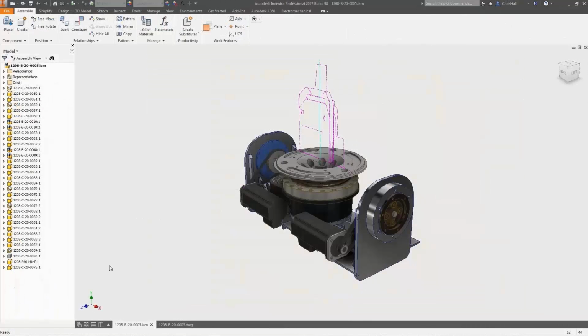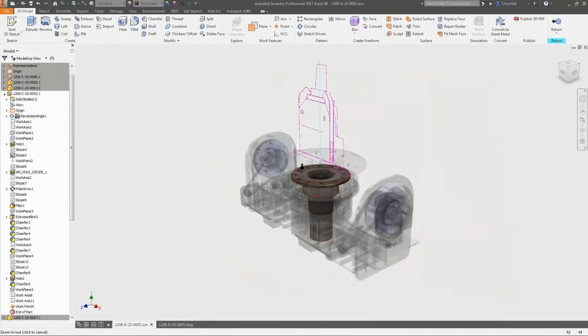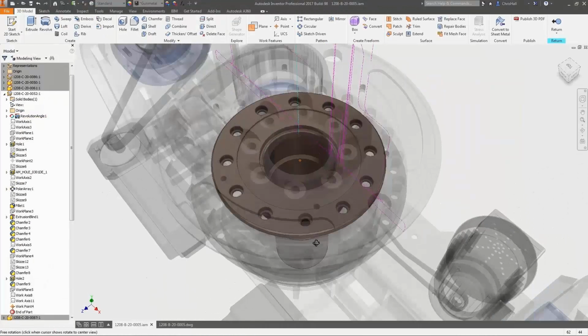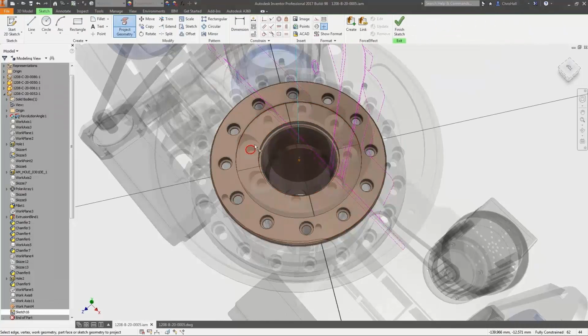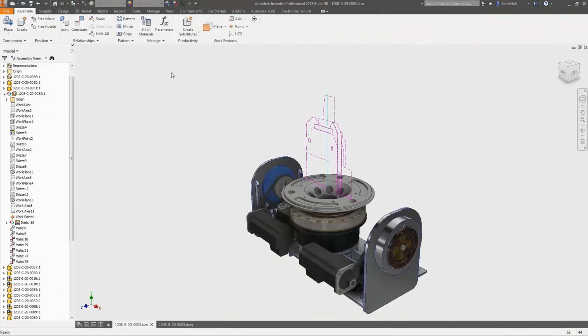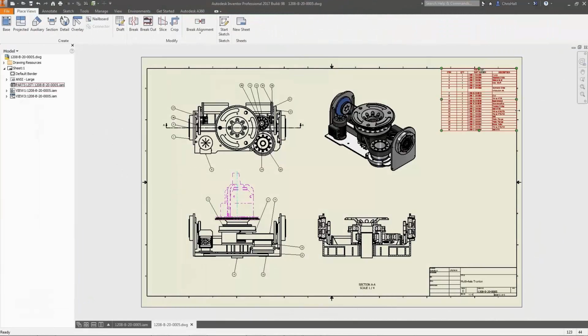Also note that DWG Underlay can be shown inside the drawing environment. So in this case, we've actually used the underlay feature to represent the geometry of a part that we're not going to model, but we still want to show it inside of the drawing environment. We can do that, including listing it on the bill of materials. So again, further enhancements on tools that are going to significantly improve the interoperability that you have